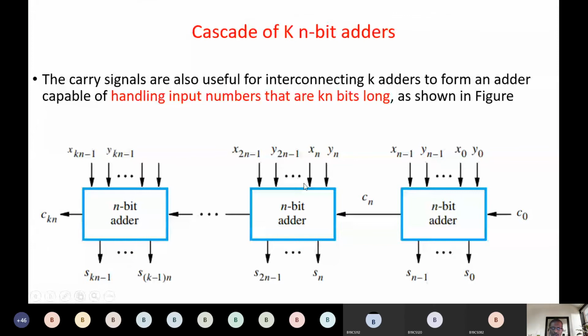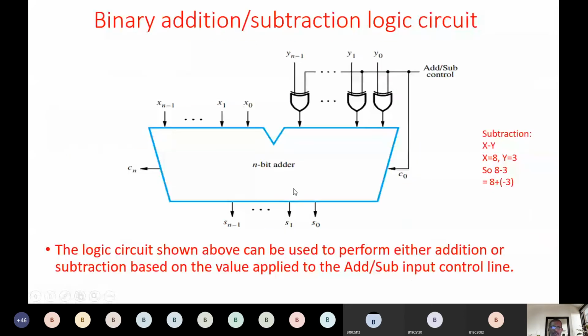When we take this one, this does the addition. How can I do subtraction? The same thing, with the help of a control line, addition and subtraction. This is the n-bit adder, the one we saw in the previous slide with 3 full adders. But based on the control line, if the control line is 0, it is addition, and 1 it is subtraction. How is it done? Subtraction is done by taking the 2's complement. In this case, X is unchanged, but Y is 2's complemented. Okay. Done.